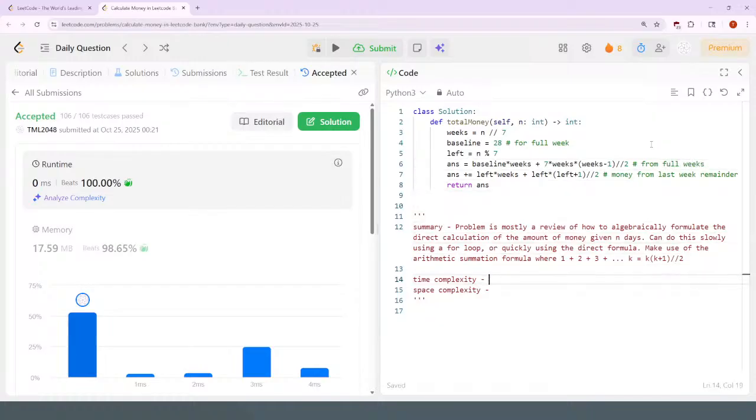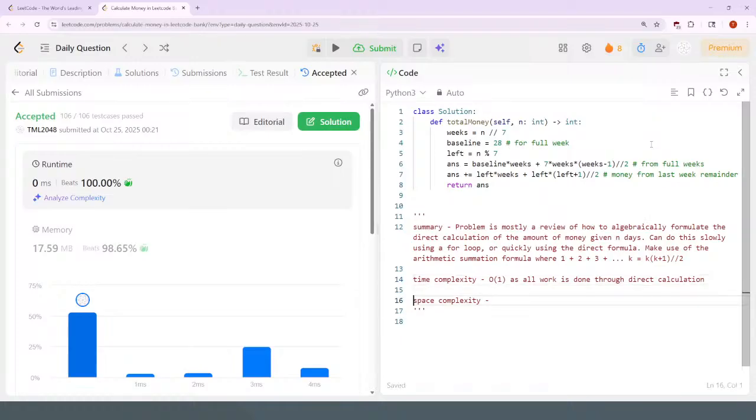Right, time complexity, it'd be O of n if you do the slower for loop, and this is going to be O of 1 for space. Alright, that was